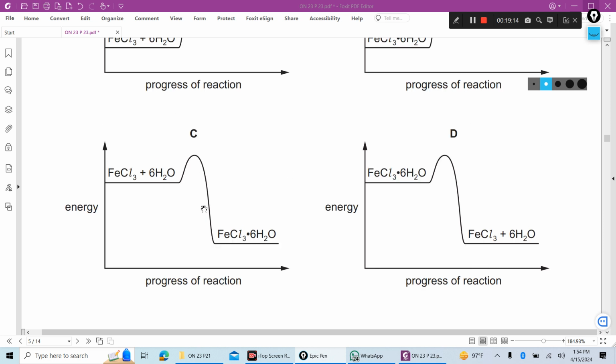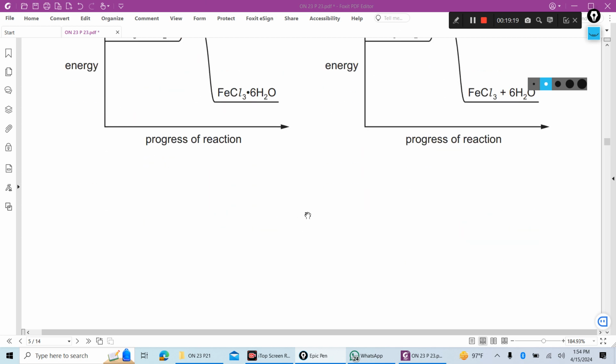C is an exothermic reaction, so this is wrong. D is also an exothermic reaction, this is wrong. Next,